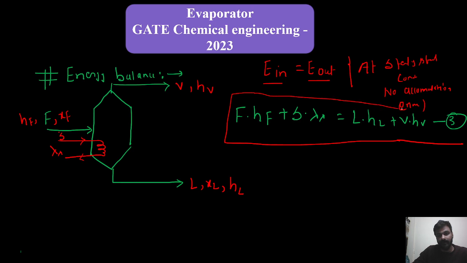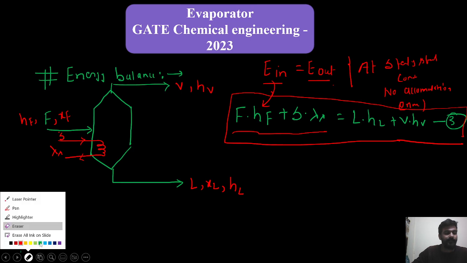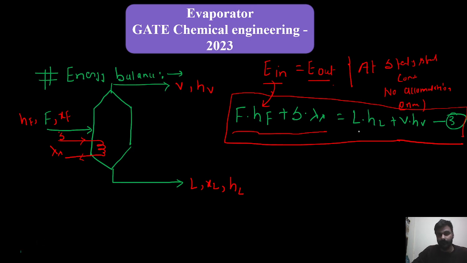So our energy in will be this part. This is our energy in, and our energy out will be this, the energy coming out from the evaporator, right? So now when we talk about the material balance, can I write V is equal to, my dear student, F